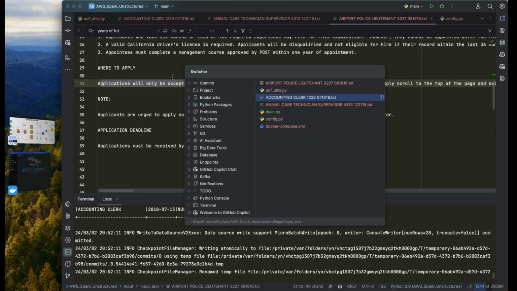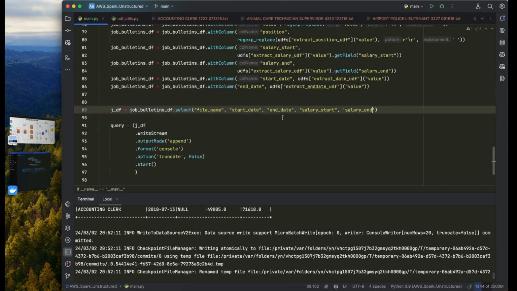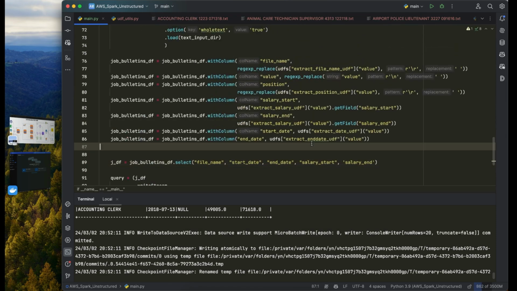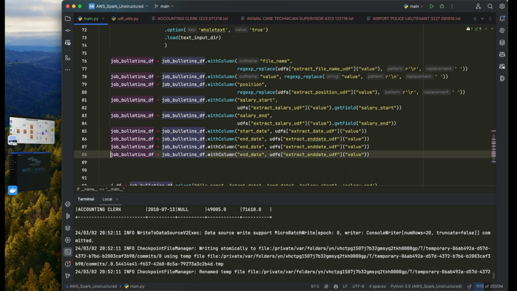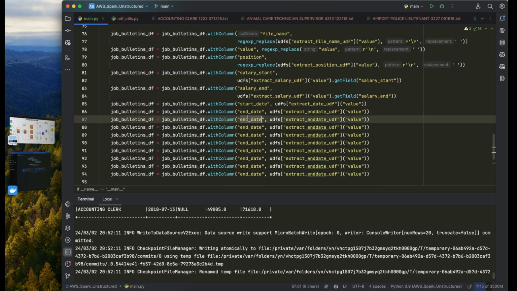So let's go back to our main.py and quickly type in the rest that is missing in this case. So we've handled up until end date. So let's handle the rest. So we have start salary end. We have start date. Let's get in the class code as well. Just duplicate this a couple of times. I have class code. The class code is going to be extracting from the class code UDF,